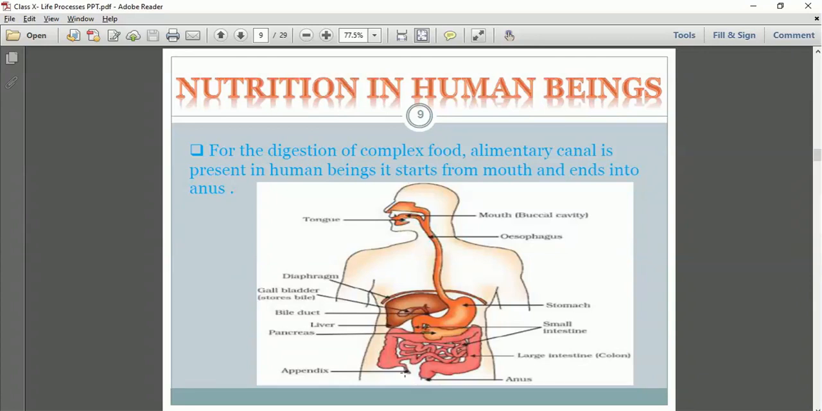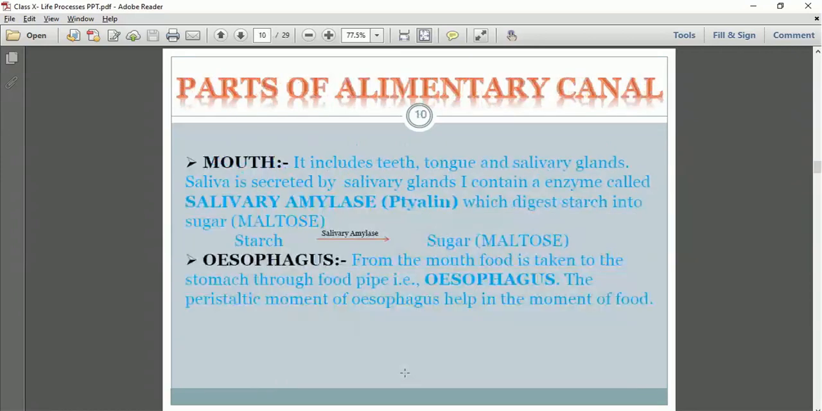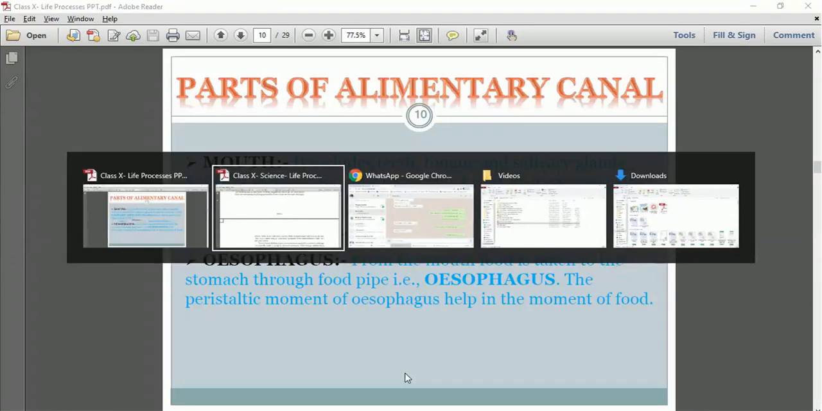It goes through multiple phases: from the mouth, the esophagus, then the liver, then the stomach, the small intestine, the large intestine, and then the excretory organ. So this is the entire process. Now, from the next class, we'll discuss the parts of the alimentary canal. So, as per your book,